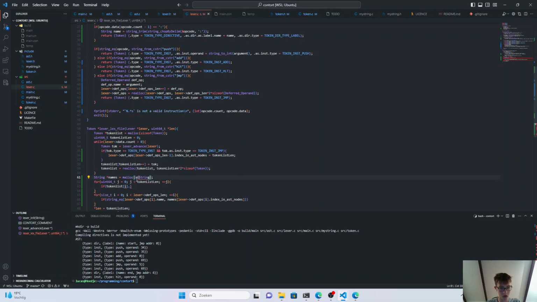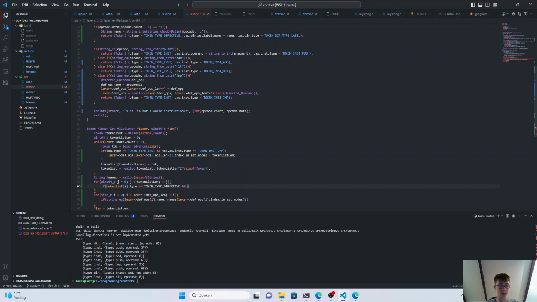Yeah, because I have a problem and then it won't tell me. Dot... my instance is getting so the token list at the current index type equals to a token type directive